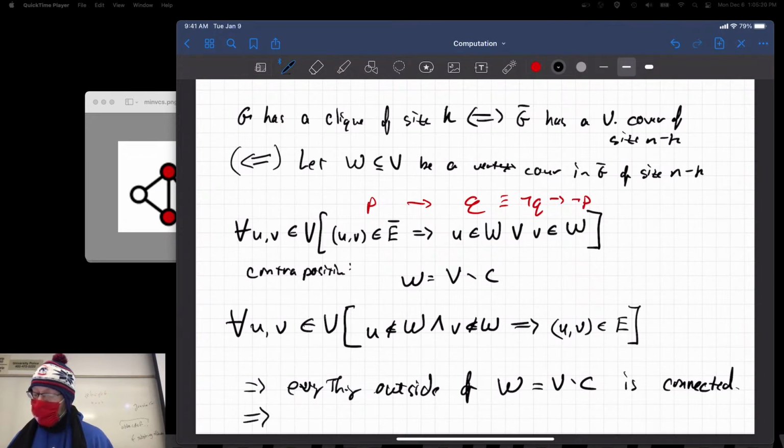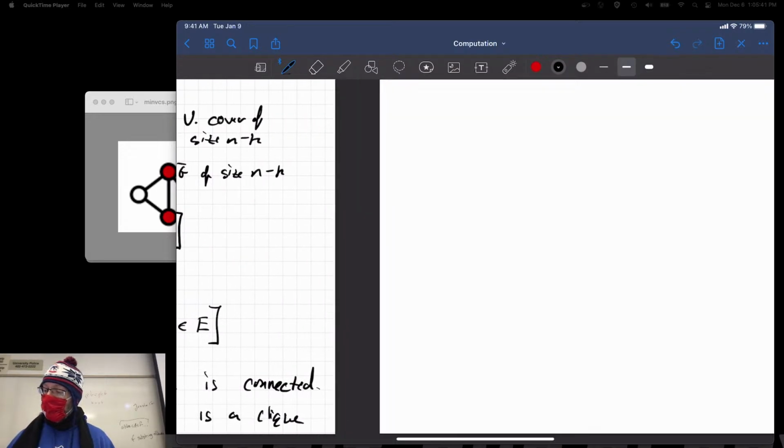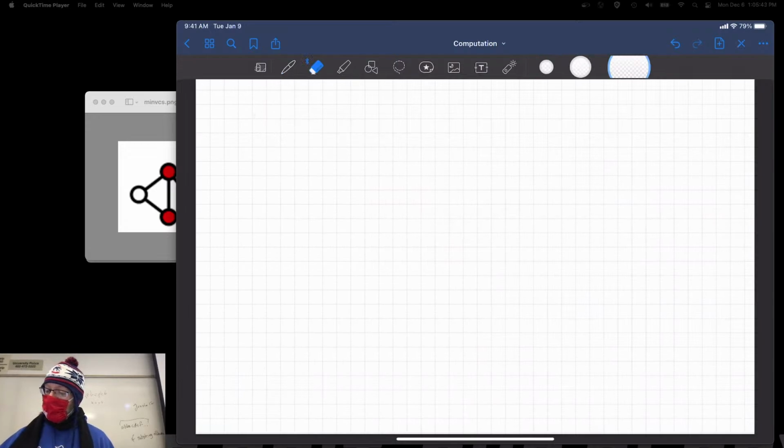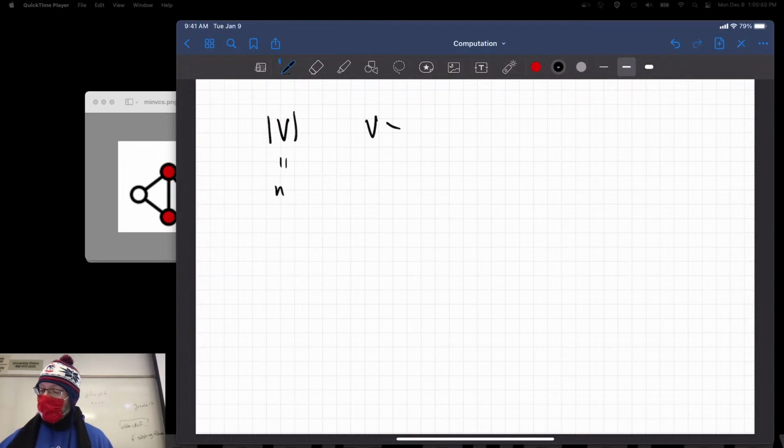Everything outside of V set minus C is a clique. How big is V set minus C? Well, the size of the vertex set is equal to n. And then we're taking out a vertex set minus this. If this is equal to n minus k,